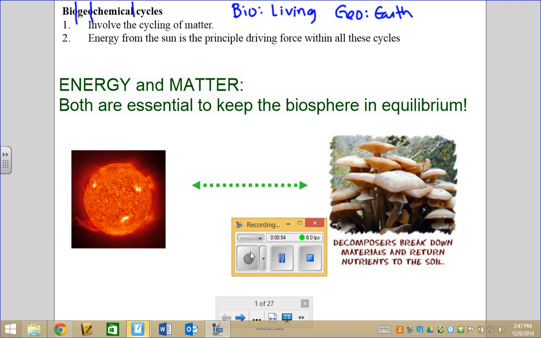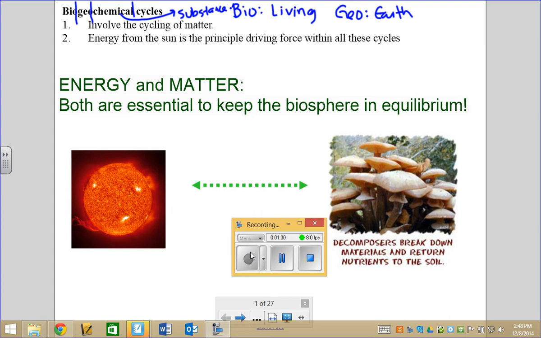And chemical, because we're actually going to talk about a specific substance in each of the cycles. So we are going to talk about the water cycle, phosphorus, nitrogen, sulfur, and then the oxygen and carbon dioxide cycle. So we're going to talk about a bunch of major important chemical substances that play a role in cycles on our planet where living things are part of or are affected by it.